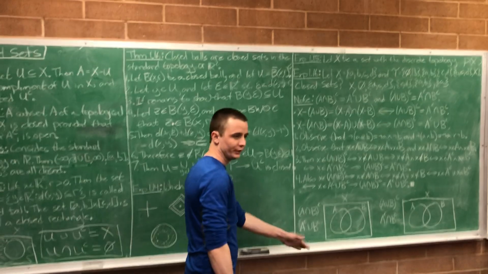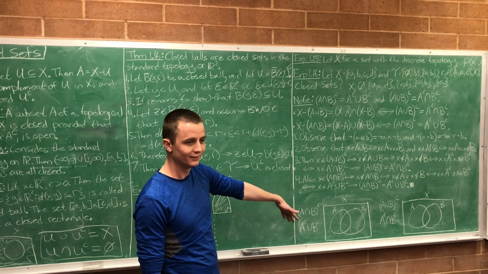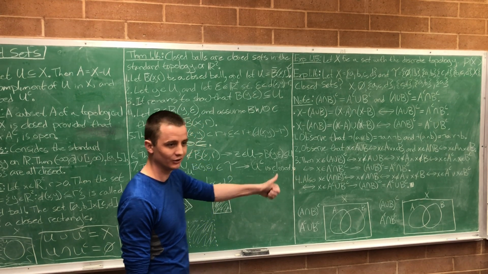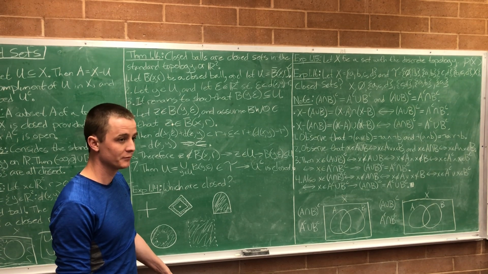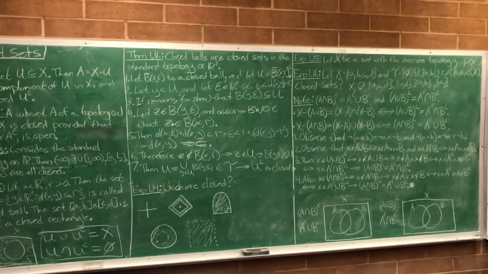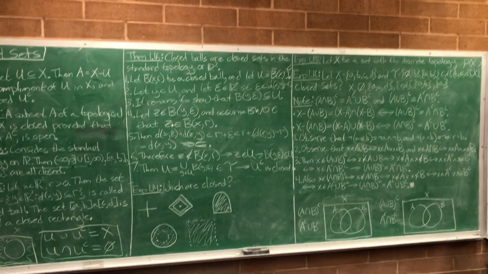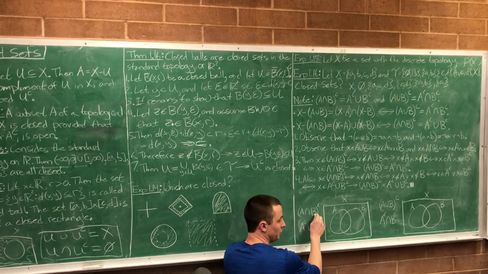I don't know if I need to stress it more. I didn't know how much I was going to have to stress this, so I wrote a picture example of them too. You think we're good? Or you want the pictures? Yeah, explain the pictures. You like the pictures? Let's do the pictures. So I'm just going to color in those sets, and we'll see that they're the exact same thing. So what is A intersect B complement?